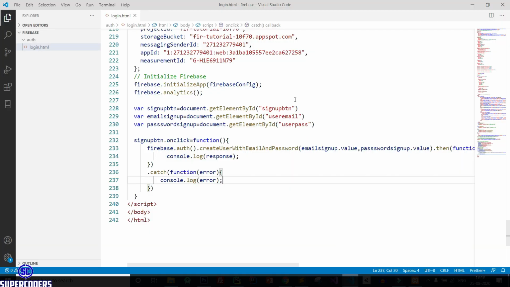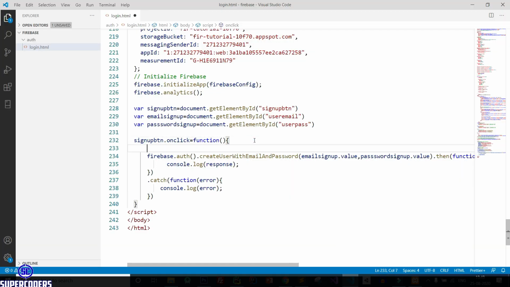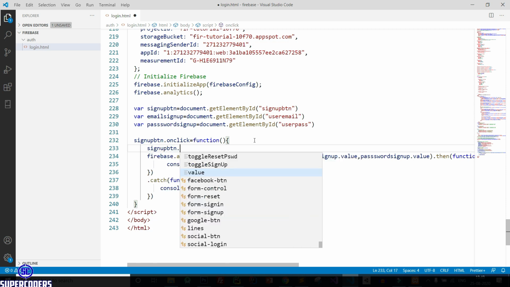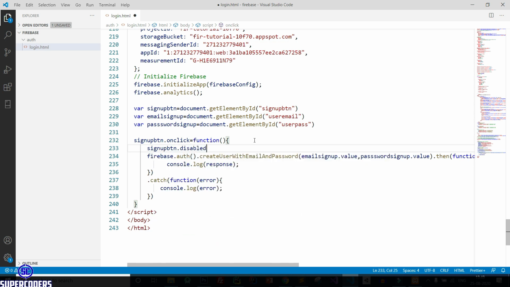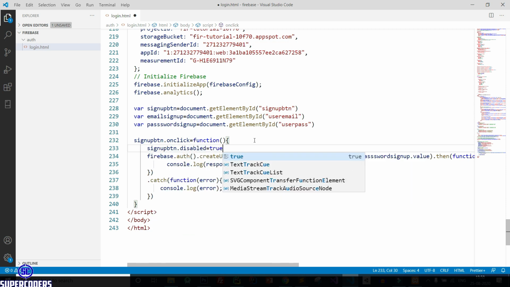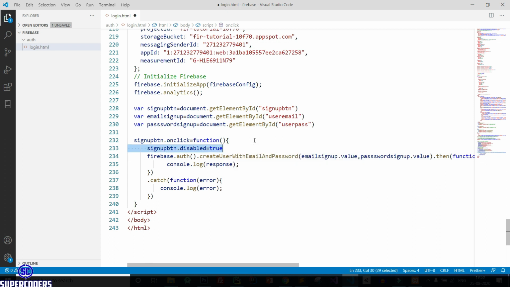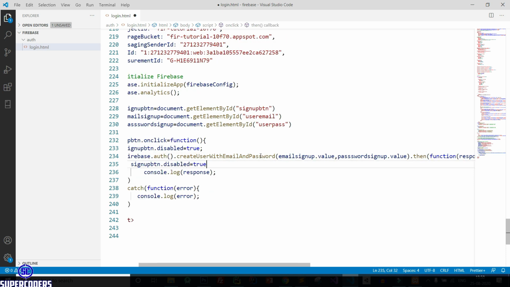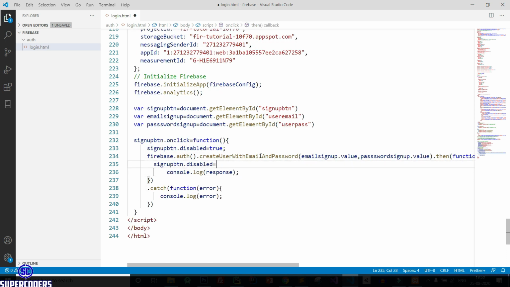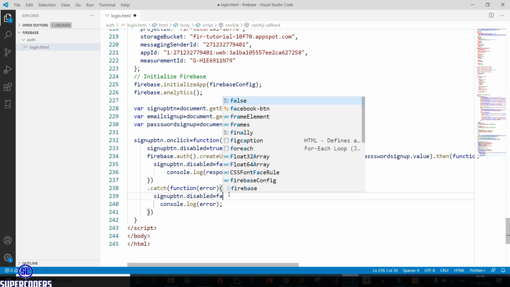Again back to VS Code, and here sign up button dot disabled equal to true, and change this to false. Then here make this disable button false, also paste here false.